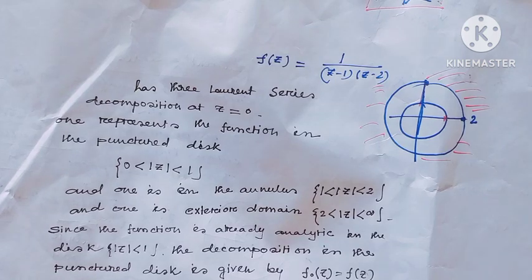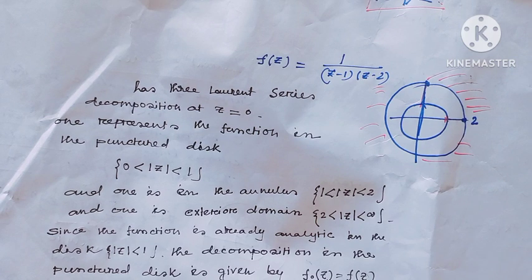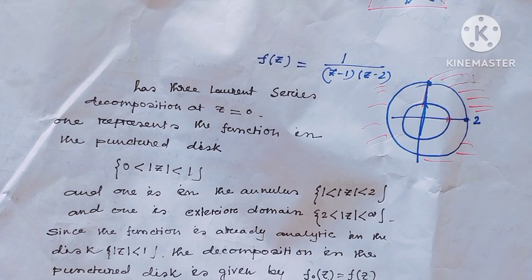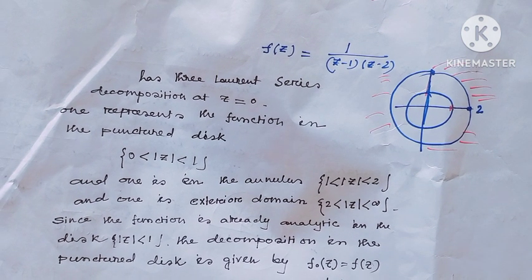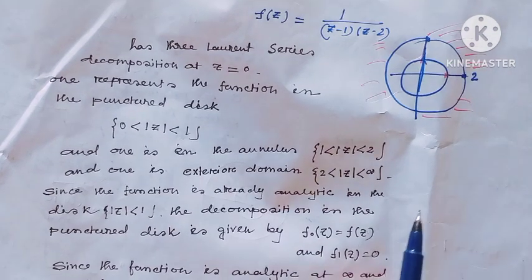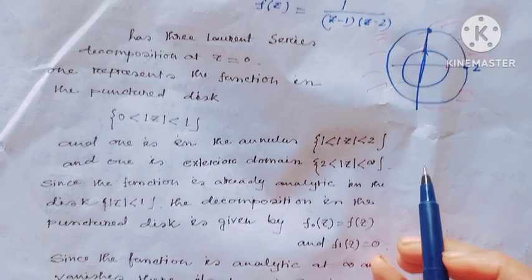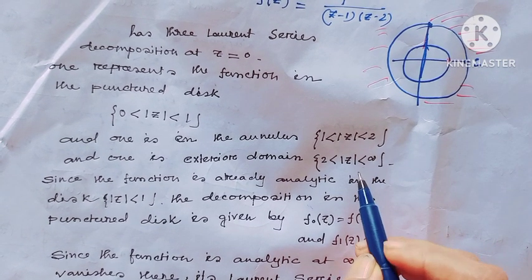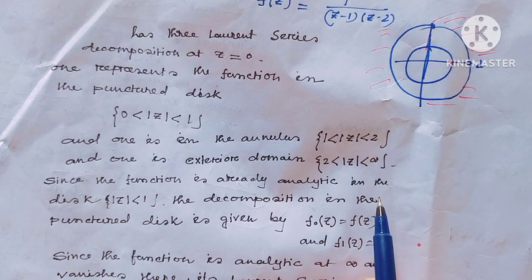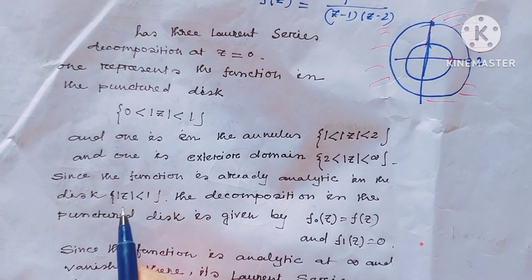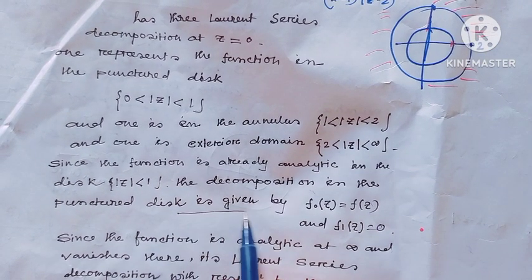Therefore, that means the function f(z) has 3 Laurent series expansions at z equal to 0. One represents the function in the punctured disk 0 less than mod z less than 1. Another in the annulus 1 less than mod z less than 2. And another is in the exterior domain 2 less than mod z less than infinity. And since the function is only analytic in the disk modulus of z less than 1, the decomposition in the punctured disk is given by